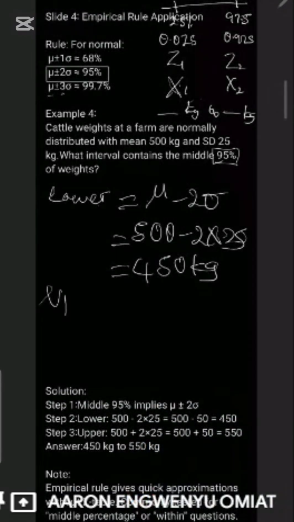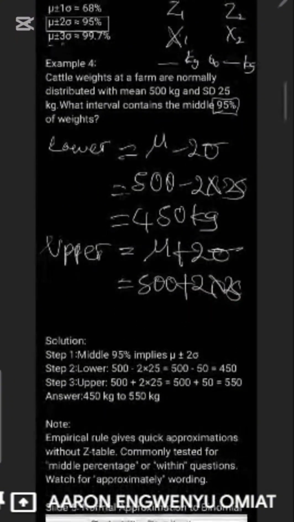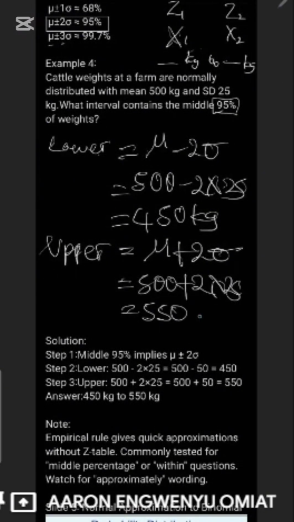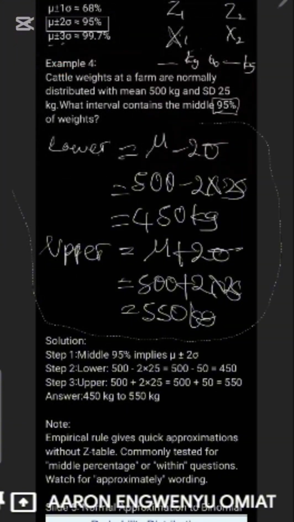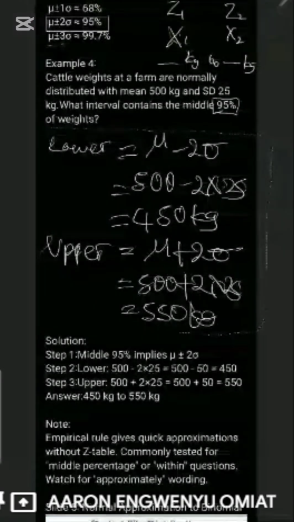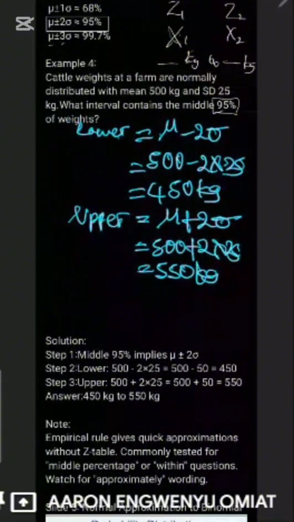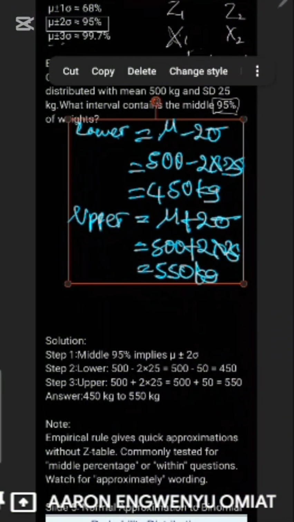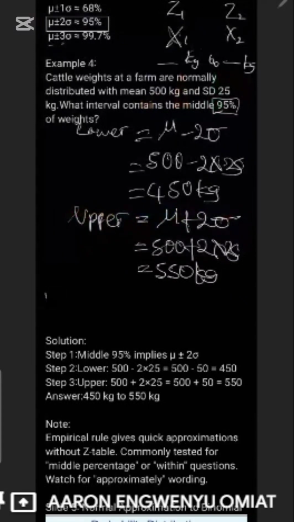For our upper value, we use the mean plus 2 sigma, which is 500 plus 2 times 25, which is 550 kilograms. Therefore, the middle